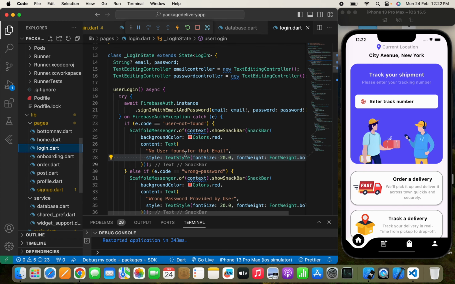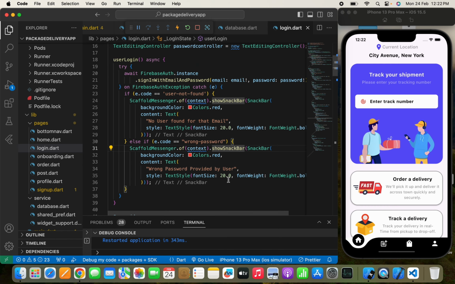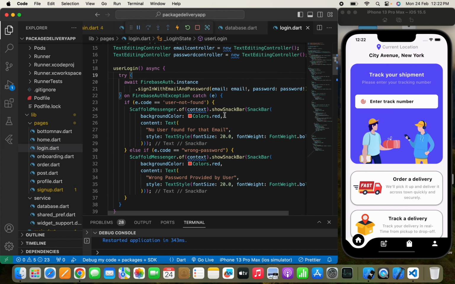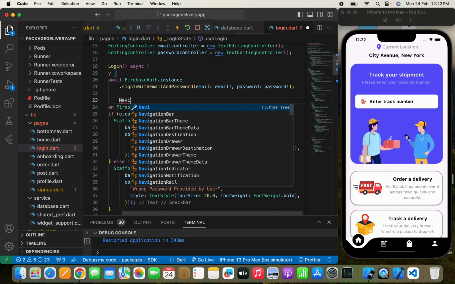Yeah, so in our login.dart page, this is the function that we have just made with some minor changes. Here we have just passed the function name, which is sign in with email and password, rather than in the sign up page where we used create with email and password. Now once the user has successfully signed in, they can simply move to the